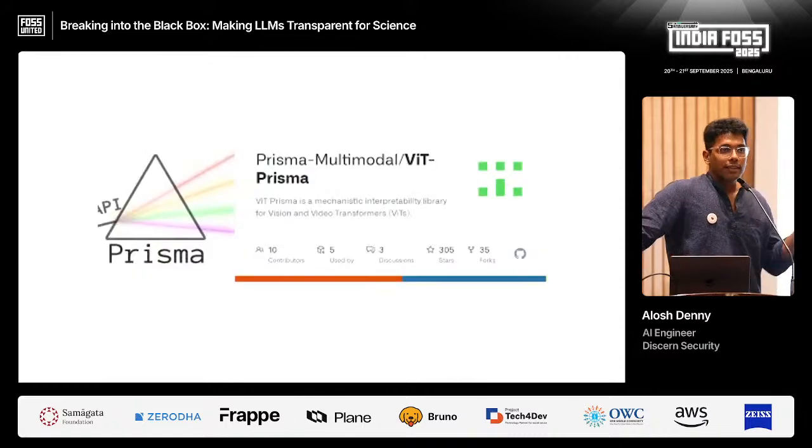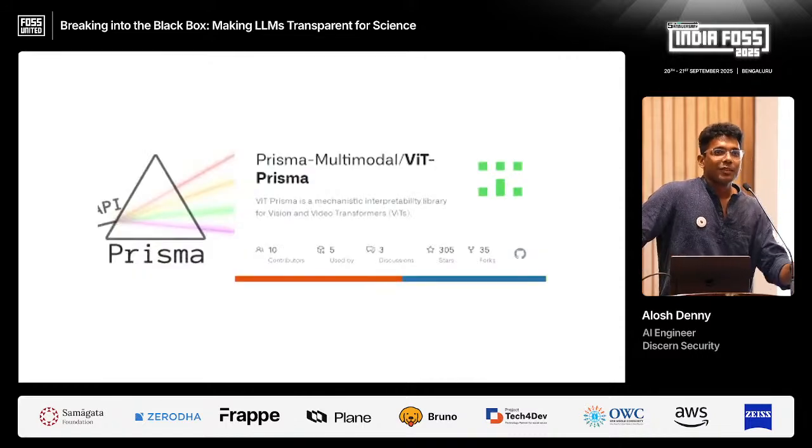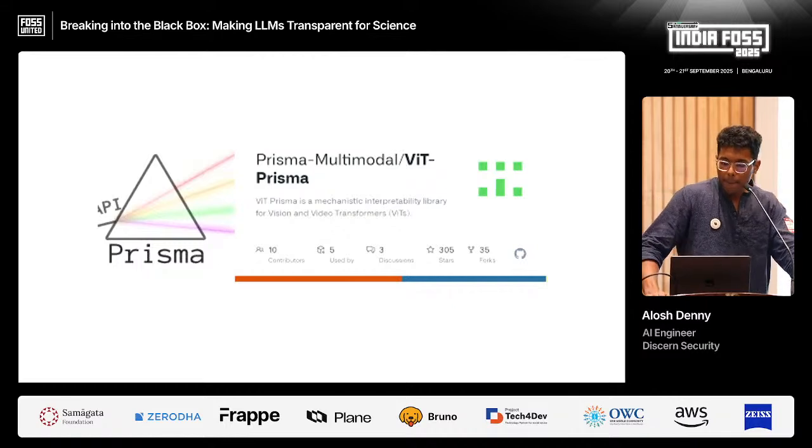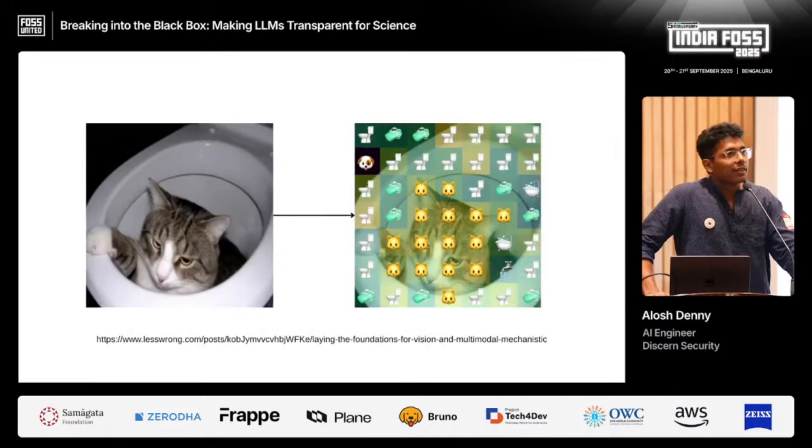Now remember the India-Bangalore scenario. So that's a vision-based approach. So we have Prisma 2. It's an open source tool for visualizing neurons for multimodal LLMs. So for example, this is an image of a cat. And an LLM can accurately identify it as a cat, of course. You can see these little emojis in the second picture, right? So that's the LLM pointing out this is a cat and this is not a cat.